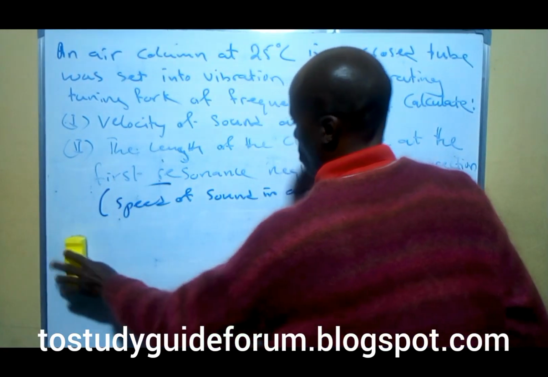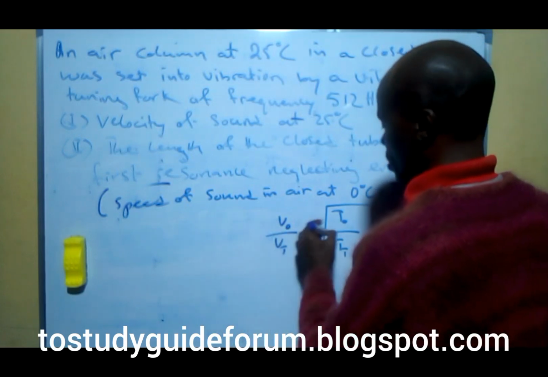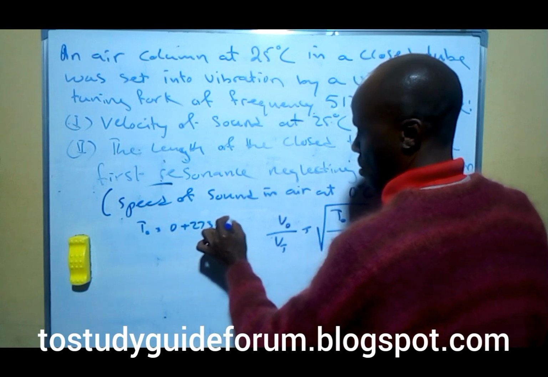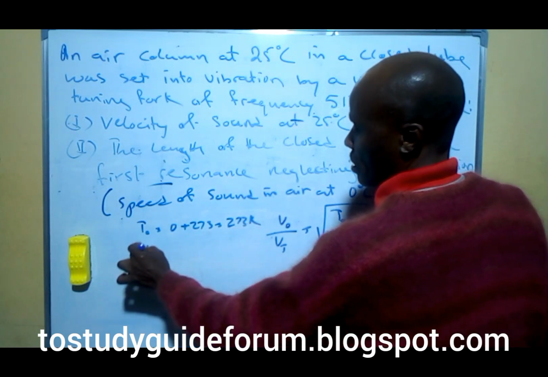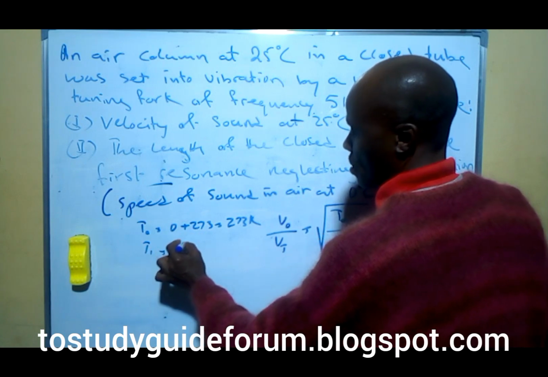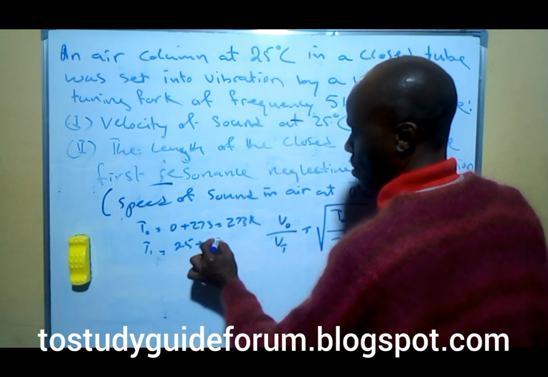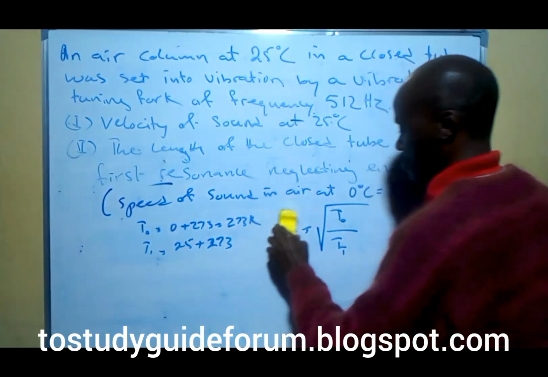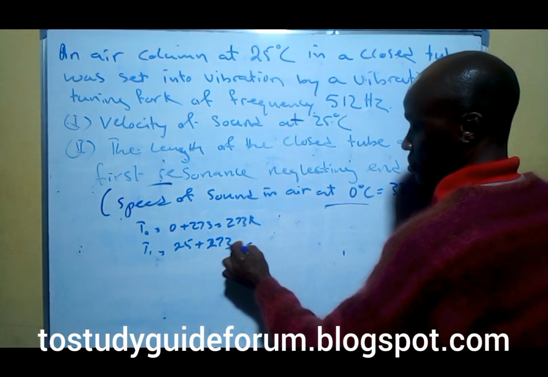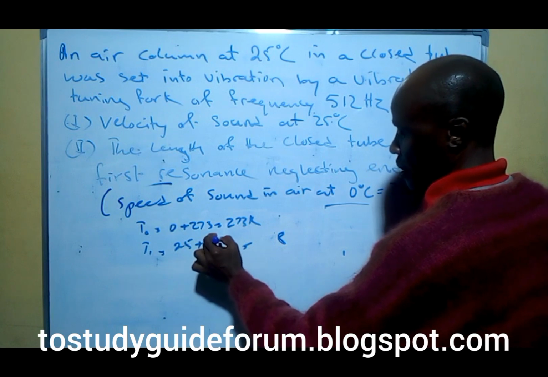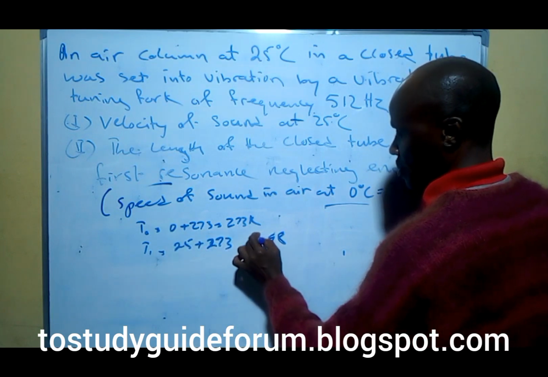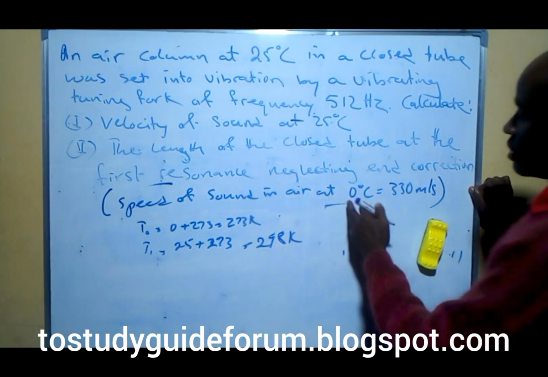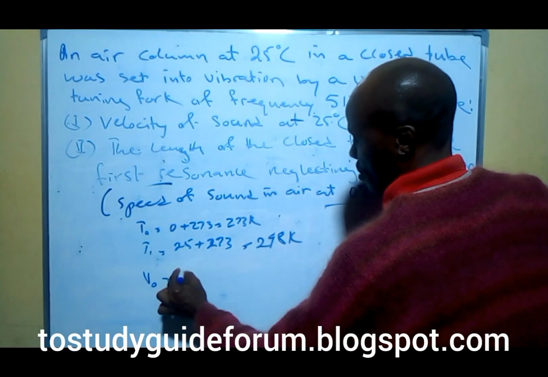So now the first temperature, 0 degrees Celsius, is equal to 0 plus 273, which is 273 Kelvin, and the second one will give us 298 Kelvin, and the speed of sound at 0 is